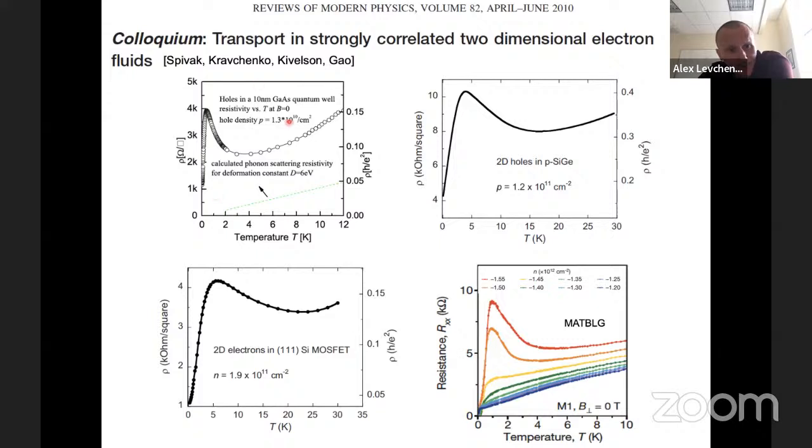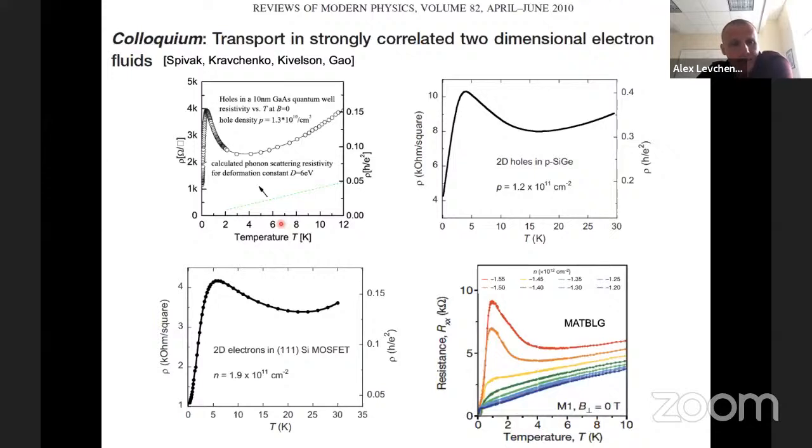And in that study, which is also co-authored by Xuan Gao, the statement is that they believe that this is an intrinsic electronic effect, because if you try to think about phonon contribution, it's out of the picture. Also pay attention to the scale of temperature. These are in the range of small temperature regime.